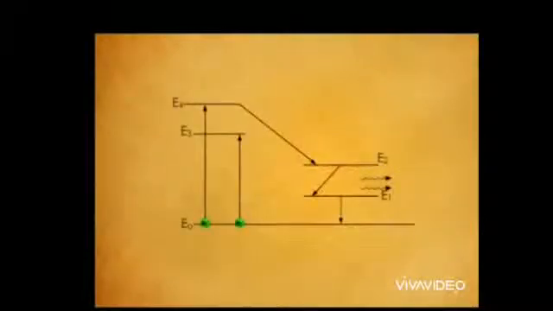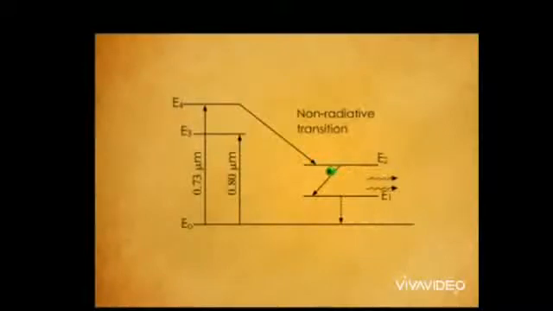This is the working energy level diagram, in which with the flashlight optical pumping, it goes from the ground state E0 to the energy states E3 and E4, and from there it comes to the next metastable state, which is a non-radiative transition, that is, no radiation is emitted. And from that state, when it comes to the next lower energy state, it emits a laser there. So there we get a radiative transition, and a coherent laser beam is produced. Again from there, that is from the energy level E1 to again